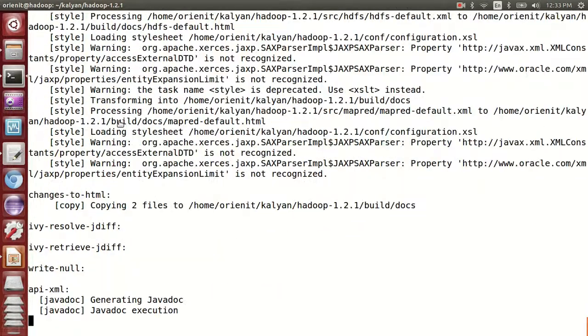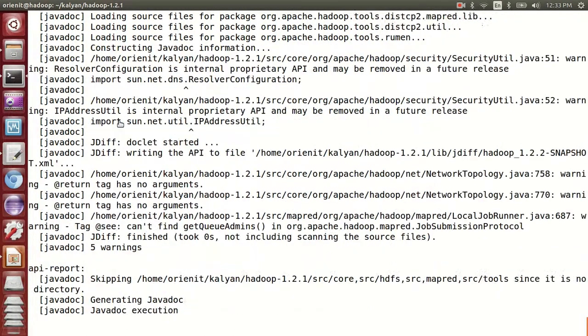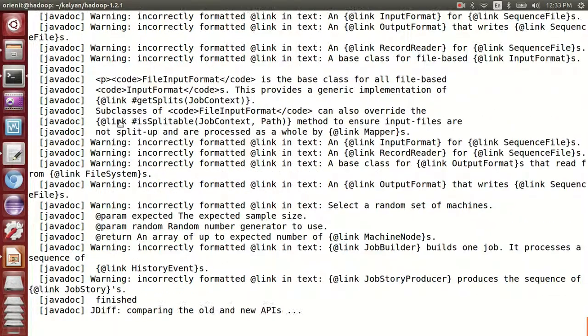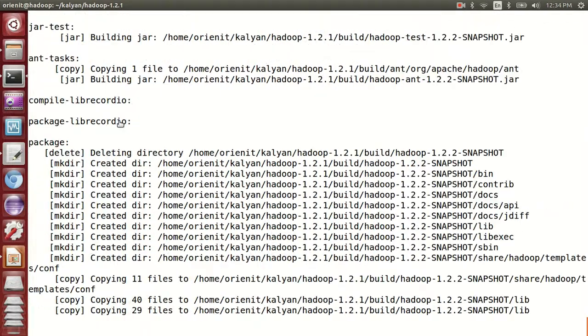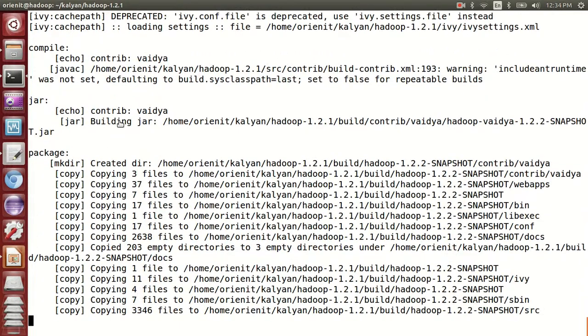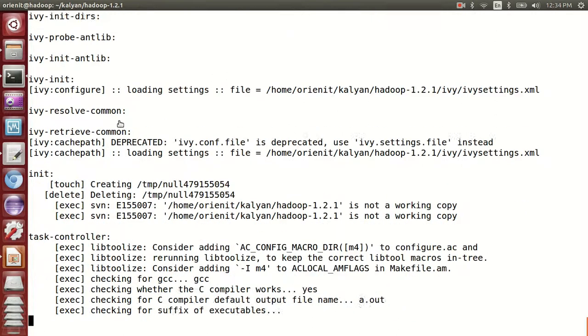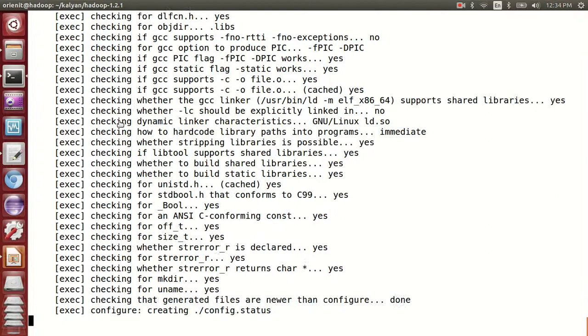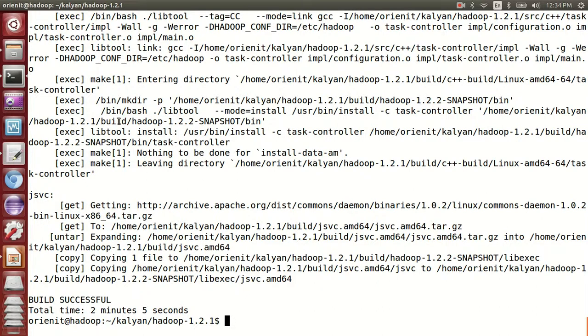It's document related. So now finally the build is successful.